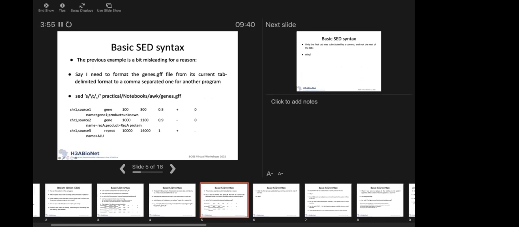The previous example I gave was a bit misleading, for a reason. Let's say I need to format the file from its current tab-delimited format to a CSV one for another program. I type SED, and then I look for the tab, and I substitute the tab with a comma in the file. So what it's done here is it has substituted the tab, the first tab, with a